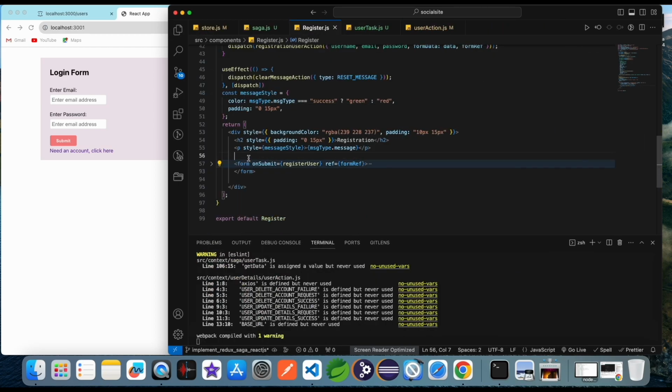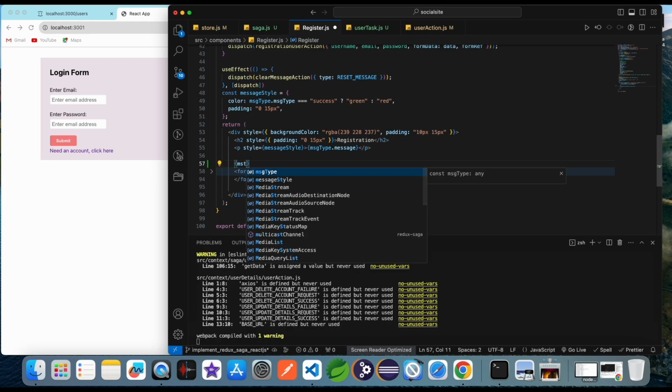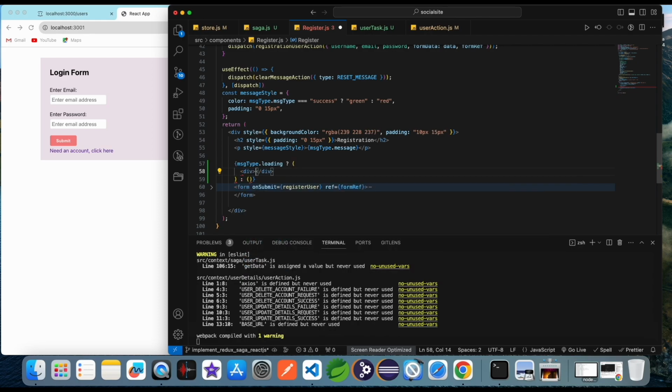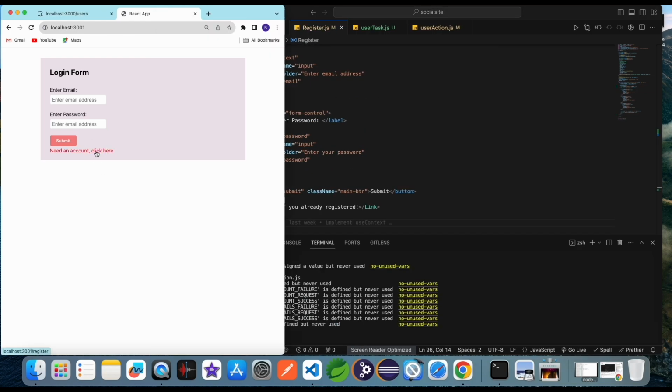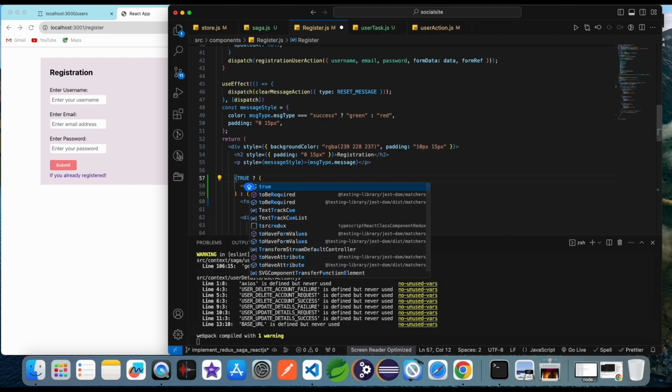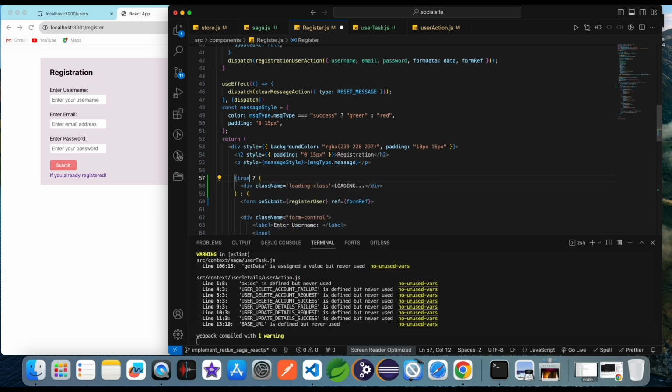I want a loader here. If you want a loader in your React.js project, then you can use it in each functional component, or if you want it as a root, then you can simply use it in app.js. And here I just want my form. If my action type is request, then simply my form disappears and the loader opens. For that, first I style